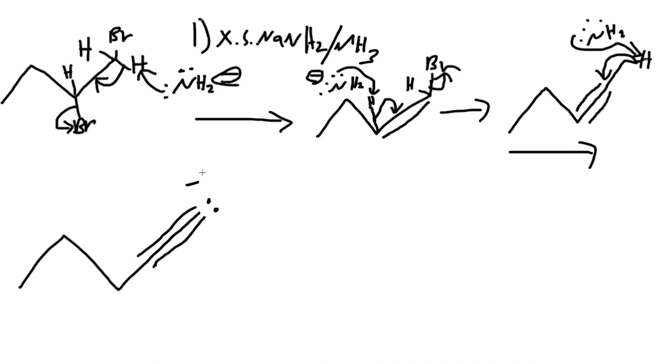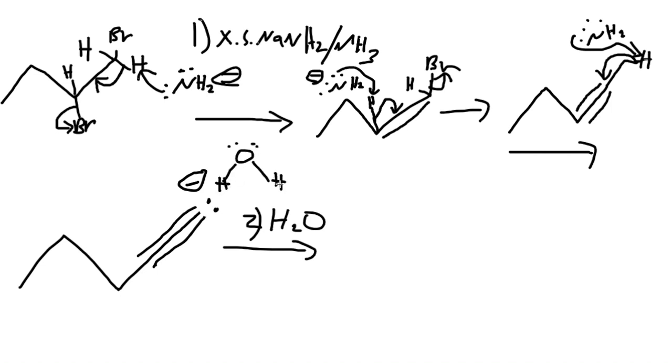Now this is where the water comes in, right? This reacts with H2O, water, our second reagent in the step. Draw water. Water grabs the carbon's lone pair grabs that hydrogen. That hydrogen gives its electron to oxygen to form three lone pairs. So then we would have an answer